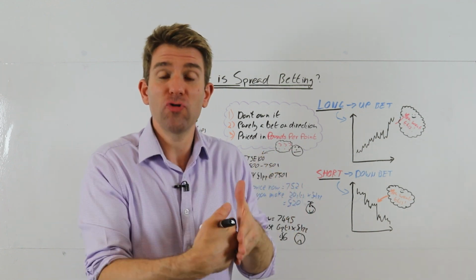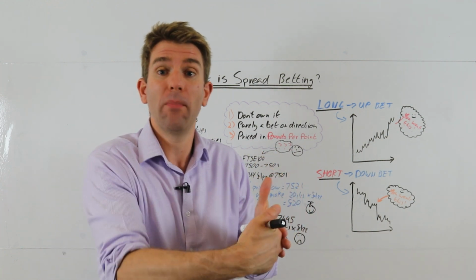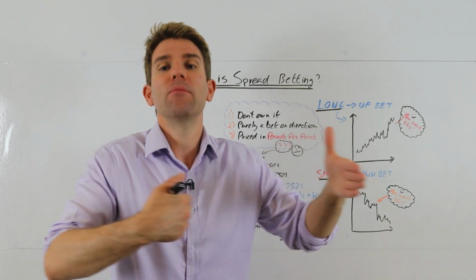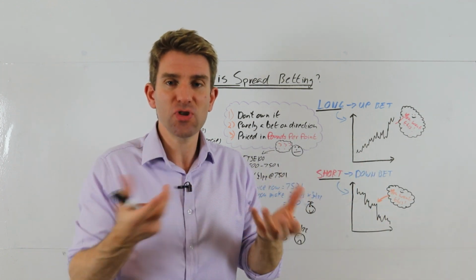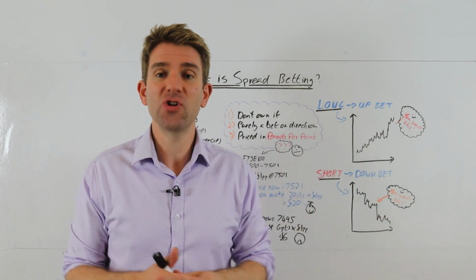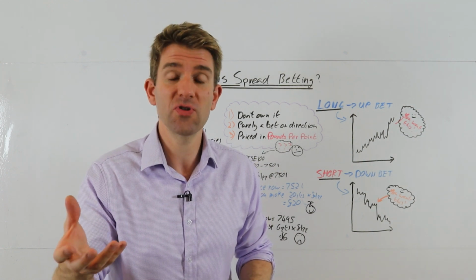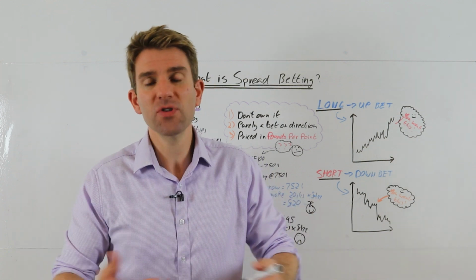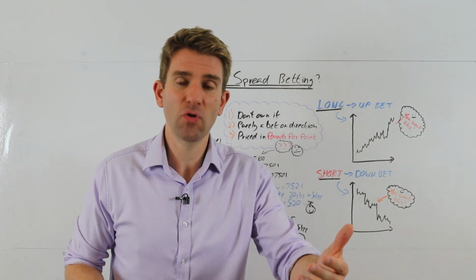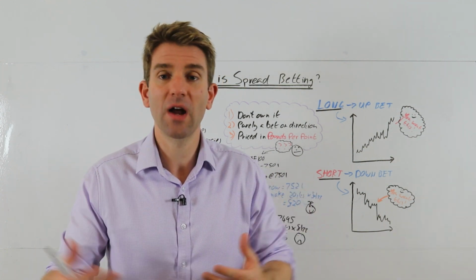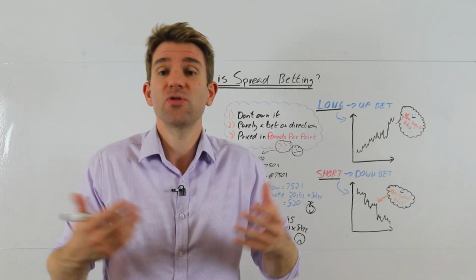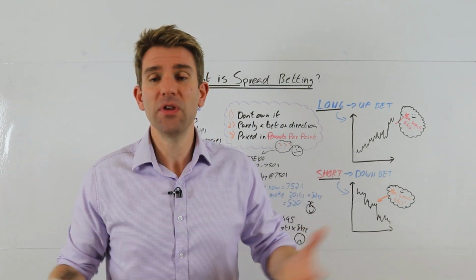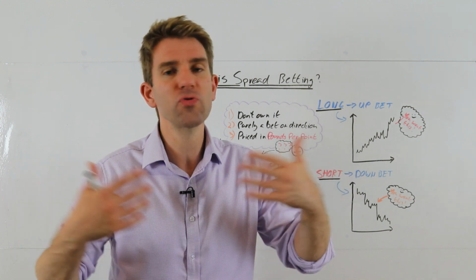You could make £100 just by doing £100 a point on 1 point, or you could have £1 a point and have it move 100 points. So you can see those are the two levers, if you like, that get adjusted. Now you've got control over your position size. You can trade as big or as small as you like, within your comfort zone, whatever suits you, depending on how much you've got in your account, how much you're prepared to risk and all that kind of stuff. So you can adjust your position size to suit your tolerance for risk, your goals, all this kind of stuff.